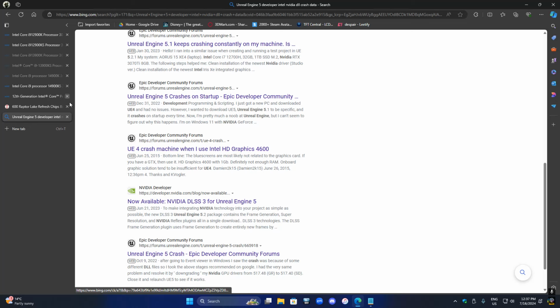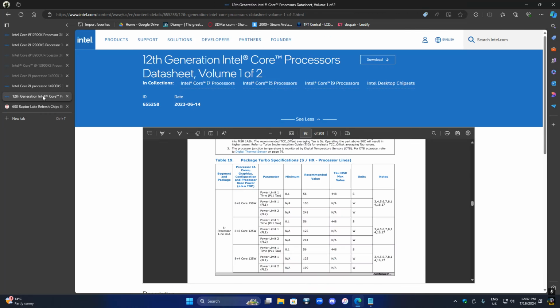Okay, whatever, it doesn't matter. You guys already know what I'm talking about, right? So you know about the whole pie chart where it says that it's 13th gen, 14th gen CPU. So you get the point. Okay, so